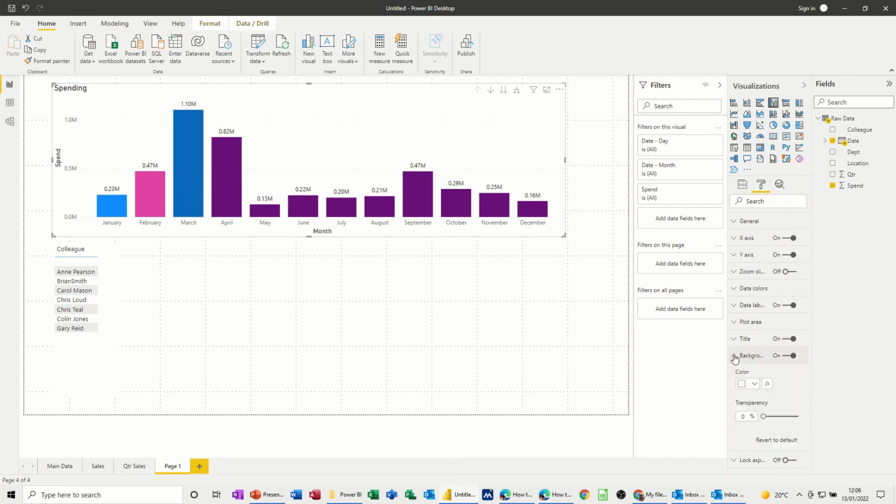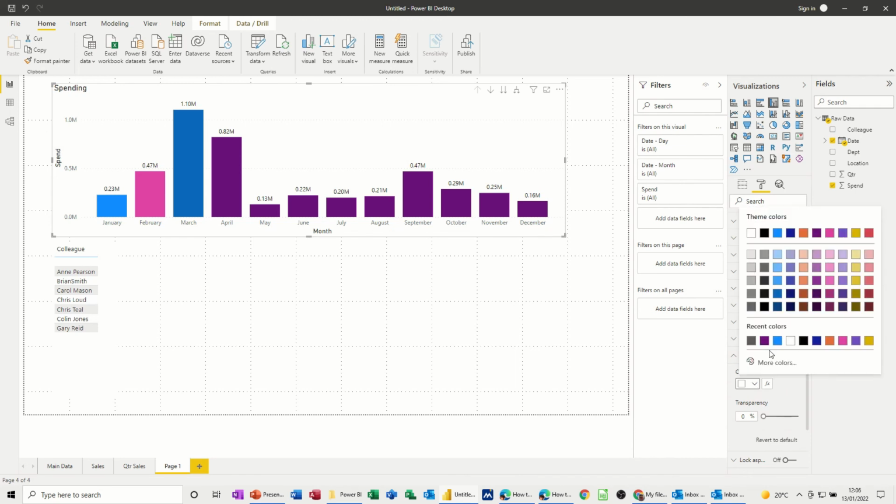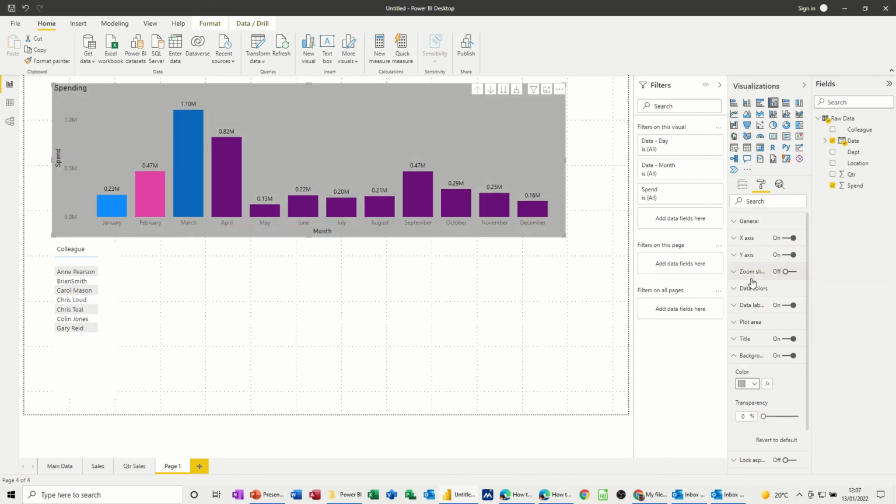And then you've got background color for the whole thing. Let's go for a light grey color. That looks okay. Collapse that out of the way. And then you've got borders, shadow and tooltip and things like that. So they're all format options. And then on this little option there, you've got